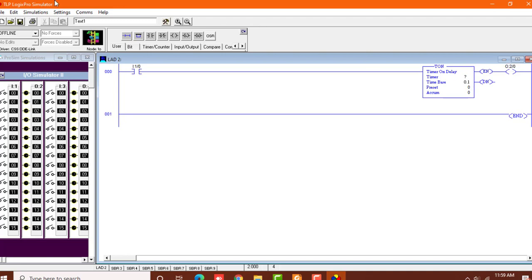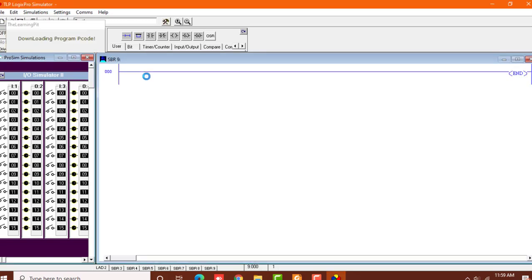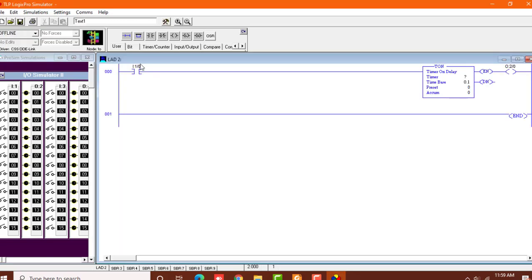Now we'll just download this to PLC and let's see what happens. It has been downloaded to PLC. I'll go online, select run. Okay, I've just skipped a step, so I'll go offline. What I've skipped is that we need to set the values for the timer. Here you can see that it says what timer are you going to use. So I'll just place over here